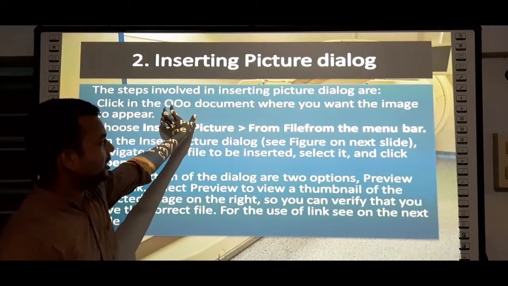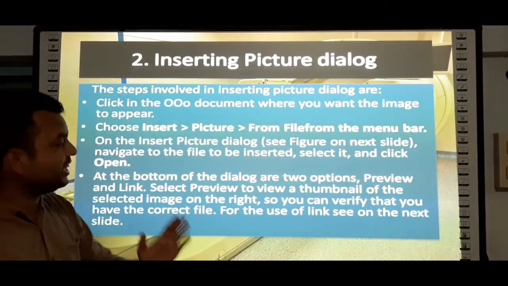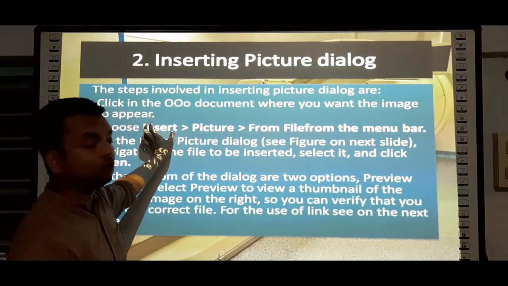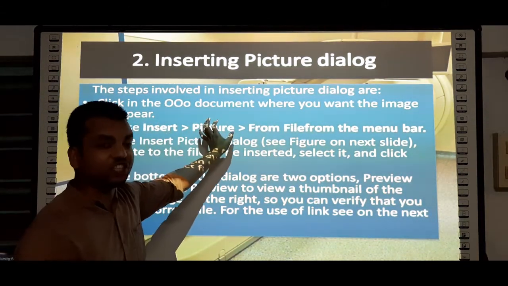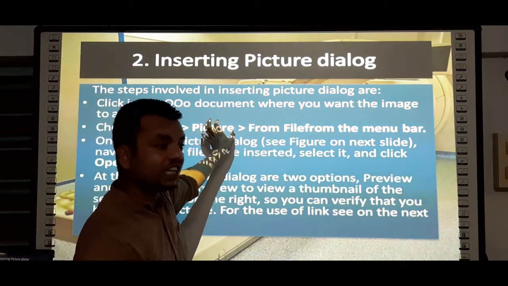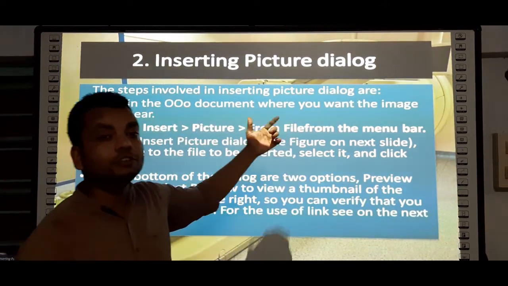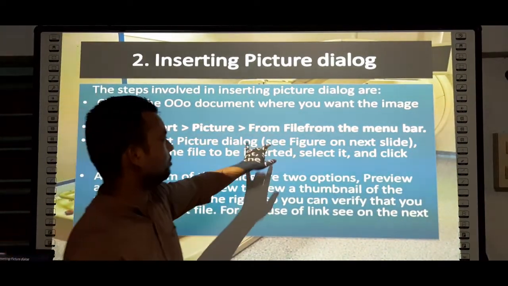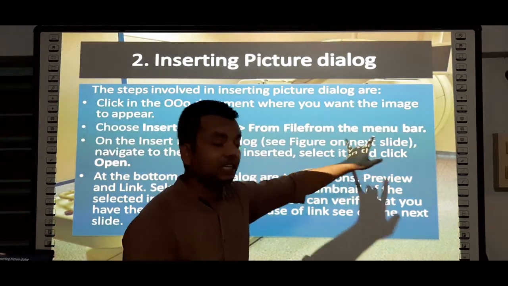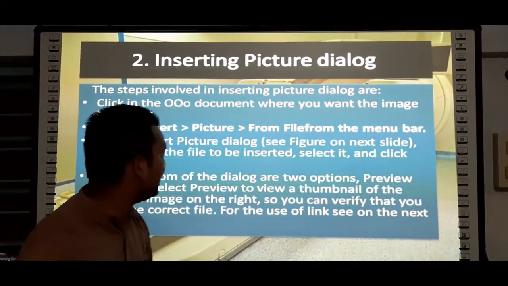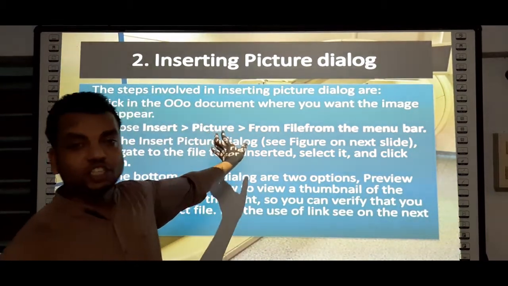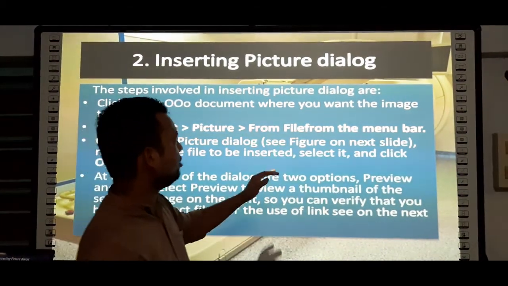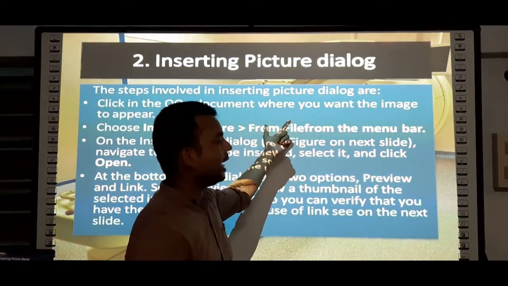After opening the document, after finding the place where we need to insert our picture, we simply go to the Insert tab. From there we need to locate Picture. Once Picture is clicked, a menu will be displayed showing from which location you would like to import or insert your picture into the document. From that menu we need to select From File. After selecting the Picture option, a menu will be displayed in front of us, and from that menu only we need to select From File, and once